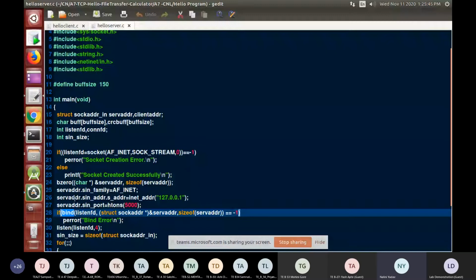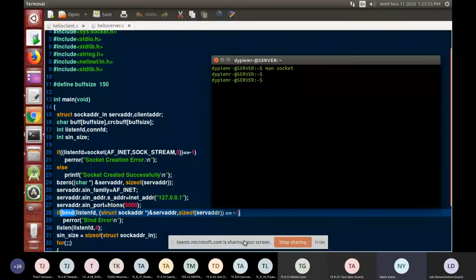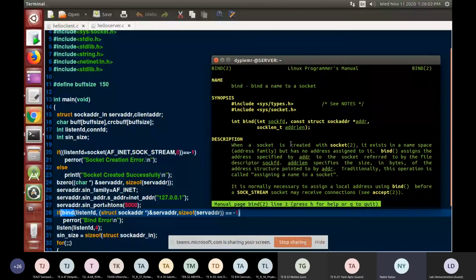For the inputs of bind, you can go back to your man page and do man bind. Now what does it do? It binds a socket. And what are the inputs for this? Inputs are sock FD, a socket FD which we have received after the creation of the socket, a constant struct sockaddr variable